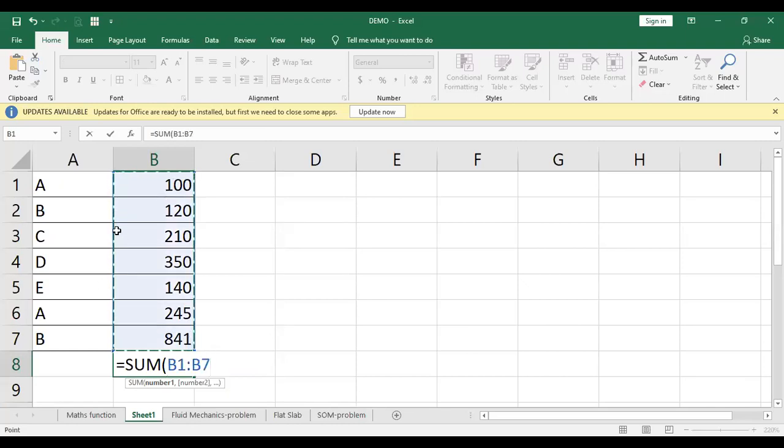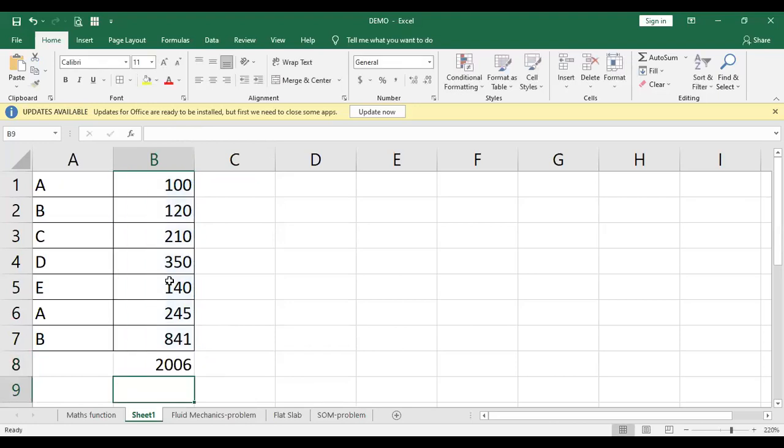You can see this part has been selected, and you can see in the formula bar as well what part is selected: from column B, row 1 to column B, row 7. So B1 to B7 has been selected. You can either give the parenthesis to close it, or directly press enter, and this is how the sum will be there.